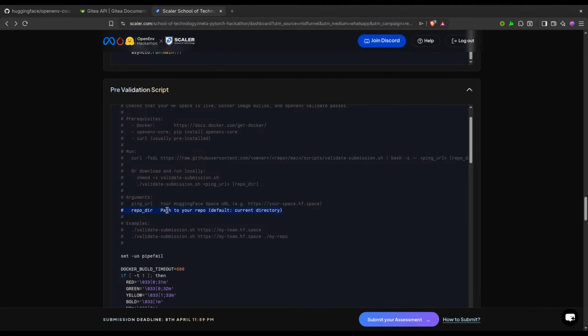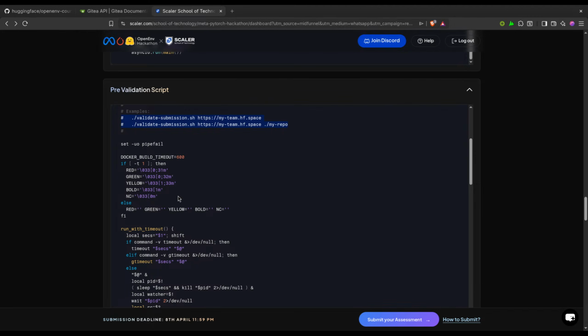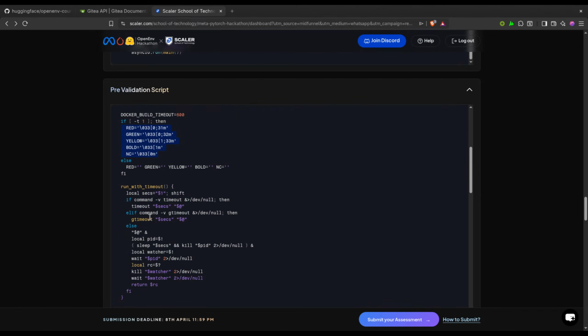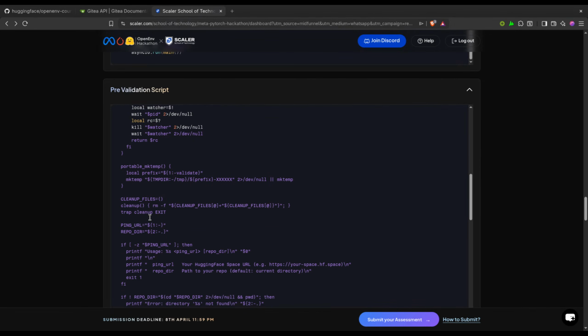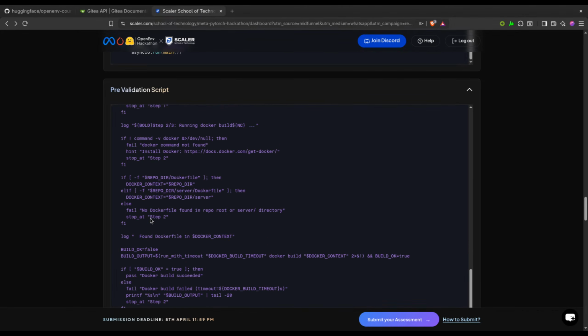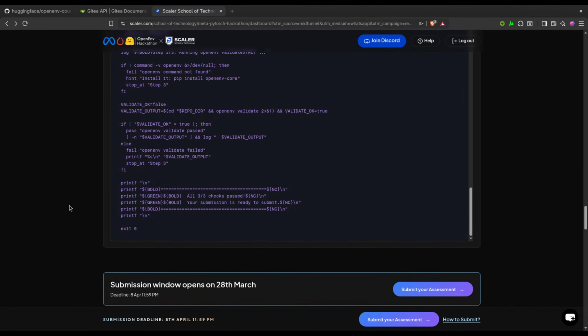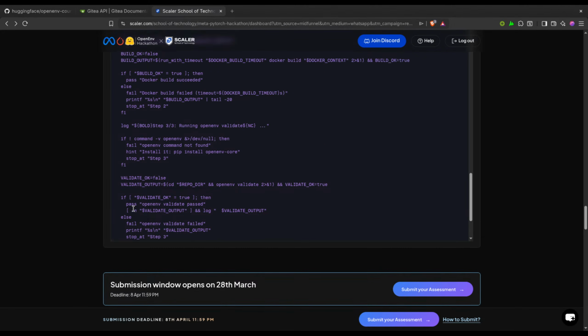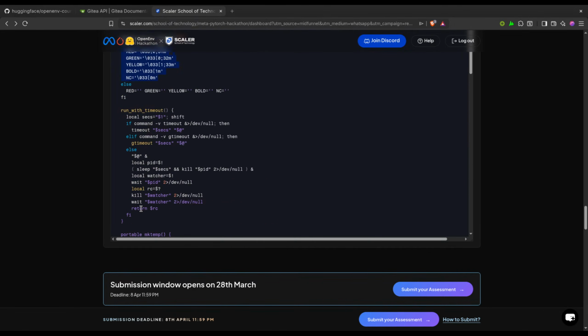The repo directory should be the path of the repo. We should change this thing and test it like this. This is going to check whether we have done everything right or not. We should also have given these things, I think, right? Or is it not?